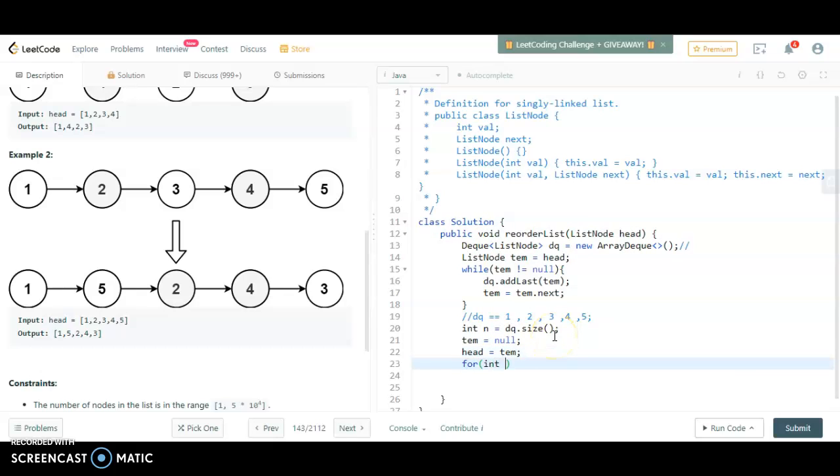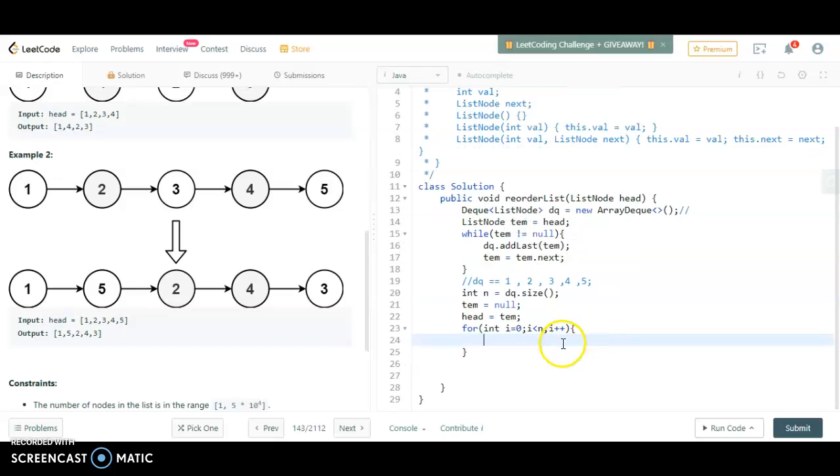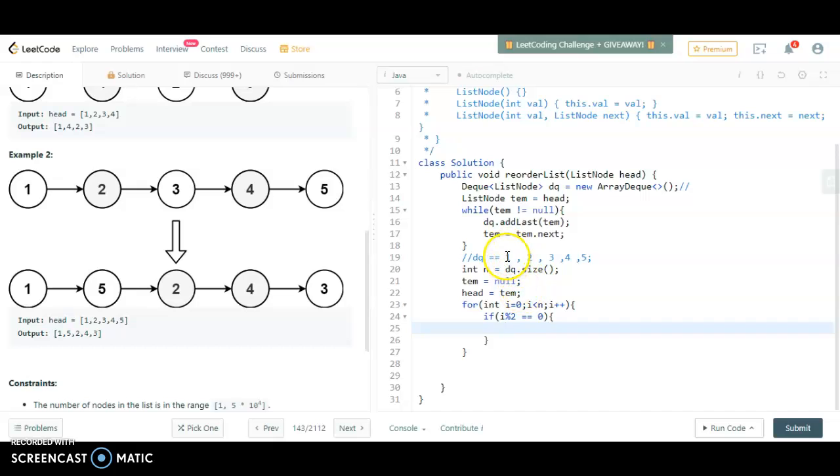Then simply I will traverse the loop. Here we will have two cases. If I is even, then we have to attach the first element of the dq.